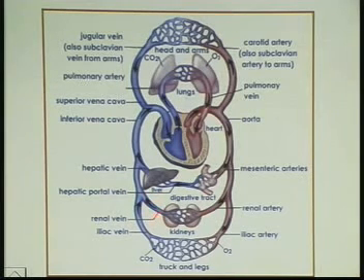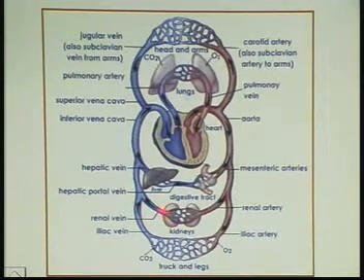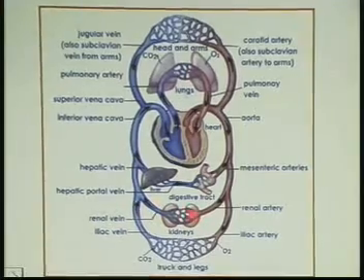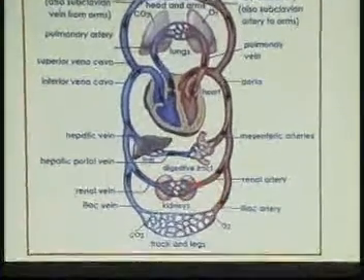What would be the difference between the blood flowing in the renal artery and the renal vein? The blood in the renal artery would be the oxygenated blood. But remember, the oxygen of this has been given to the cells of the kidney. So the capillaries now, when they unite to form the renal vein, they have the blood full of carbon dioxide because the oxygen has been given to the kidneys.